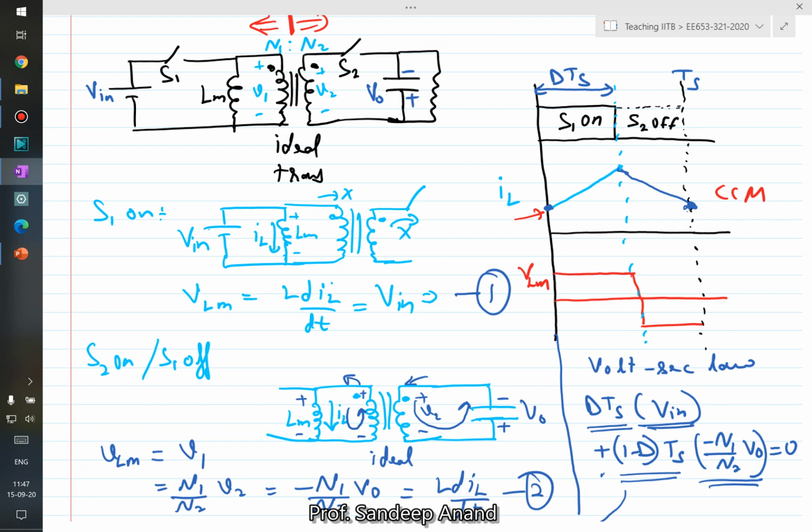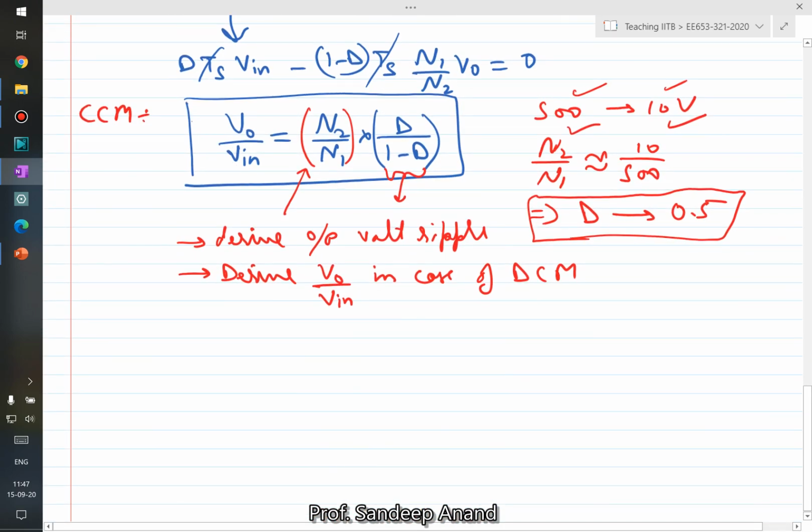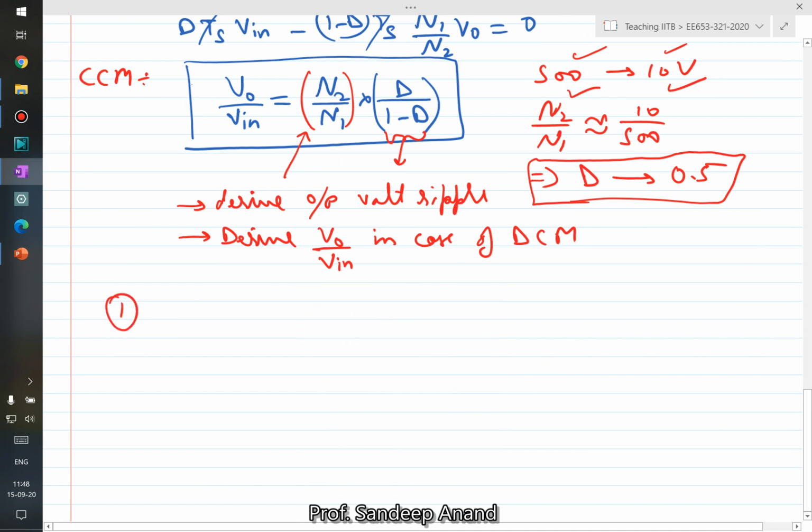Although it is a DC to DC converter, the voltage appearing across the transformer terminal, if you put a probe and look at it, you would see an alternating voltage, and that is the reason the transformer is not saturating in this case. So that is one of the points: transformer terminal voltage is AC, not DC.